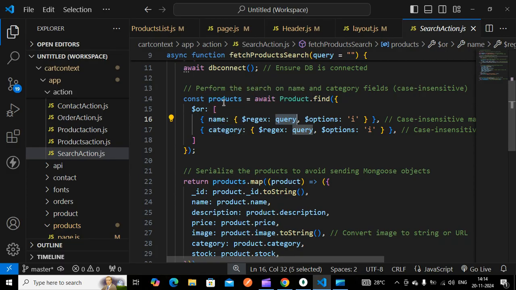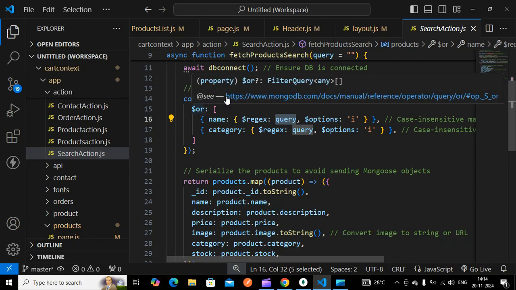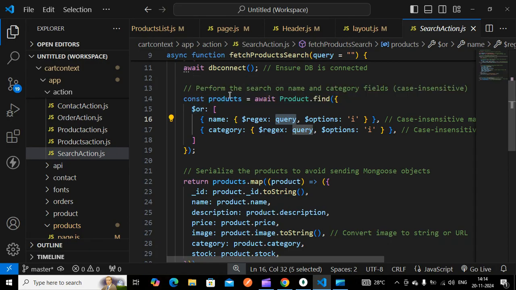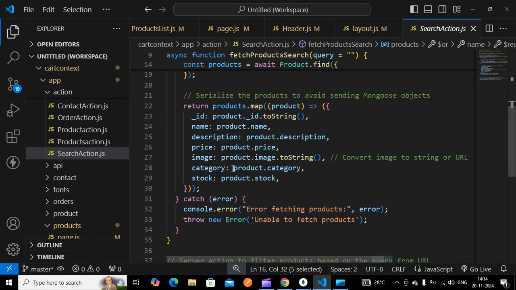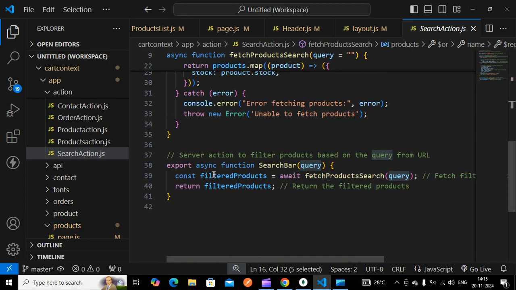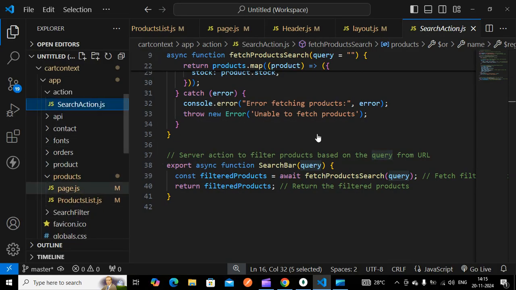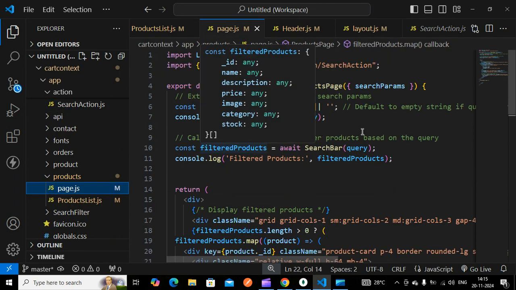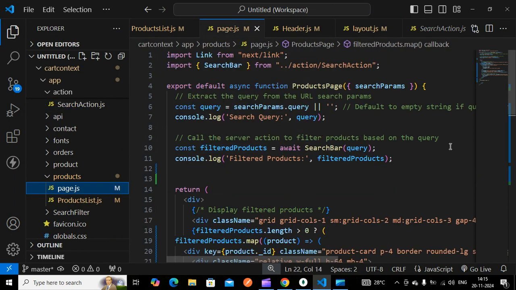So it will return this. It is either of these two, so that's why it's an or. And it returns these products. These products are converted to plain objects and returned to this fetch filtered products. This filtered product is returned to this products page. Here on the filter product, the search bar will return this filter product.